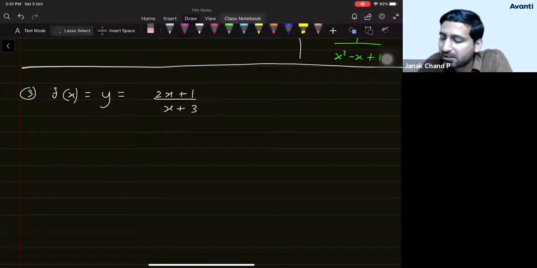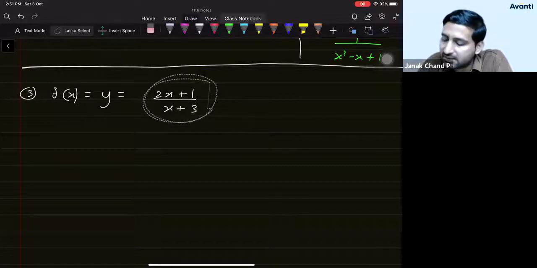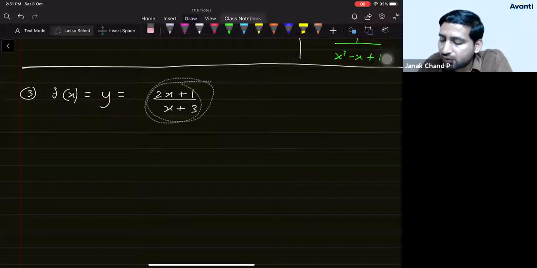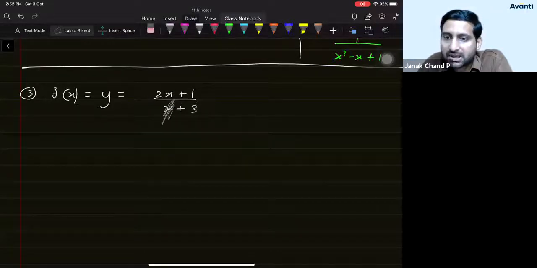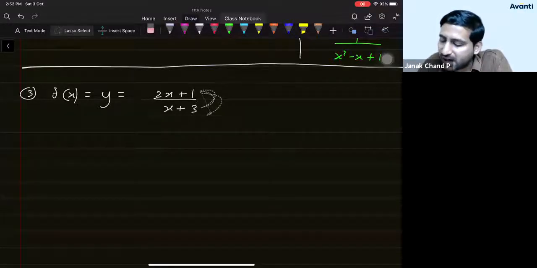The domain is nothing but the collection of all the values of x I can put here so that y, which is equal to this, is a real number, right? So the domain is the collection of all the values of x we can put here so that this output, which is assigned as y, is basically a real number. I hope you will not have any problem if I say that I can put any real number here. The ratio of two real numbers is always a real number, right?